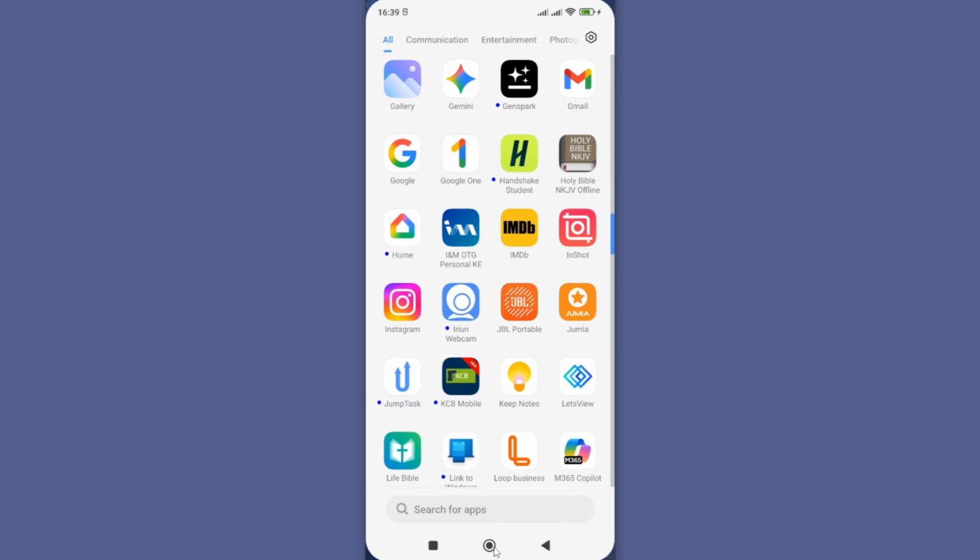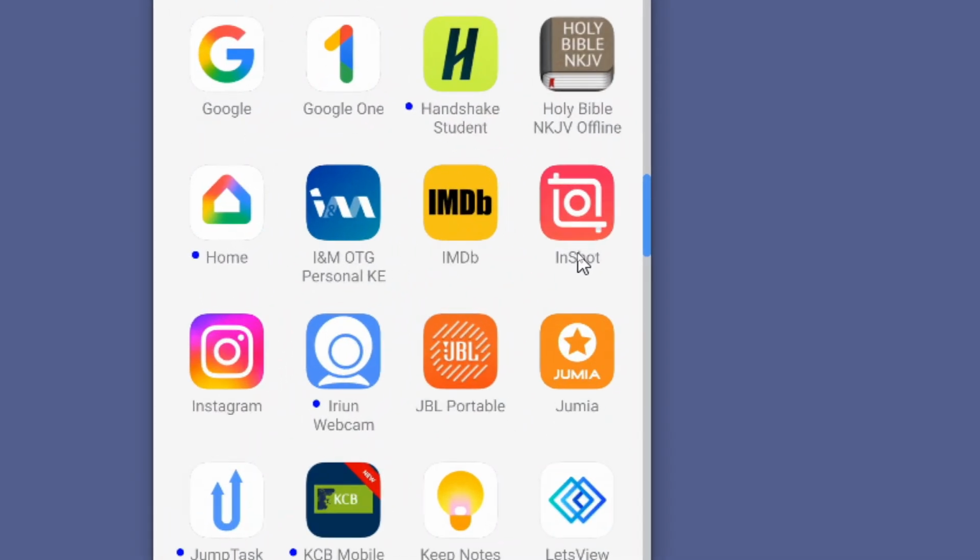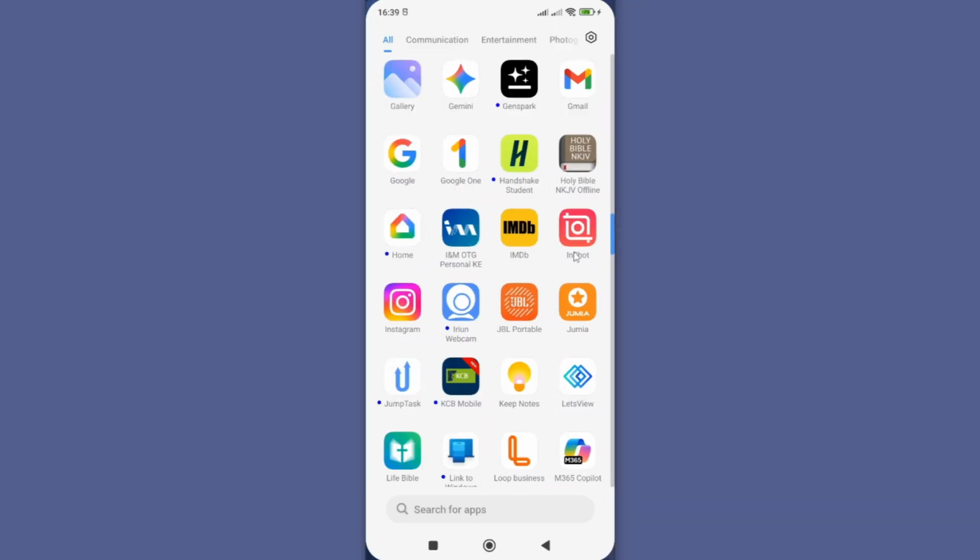In this video, I'm going to show you how you can troubleshoot the InShot video editing app. If you can't use this app, it is too slow, you can't use some features, or it is not even opening, or sometimes it crashes each and every time you try to open it, then you can follow these steps